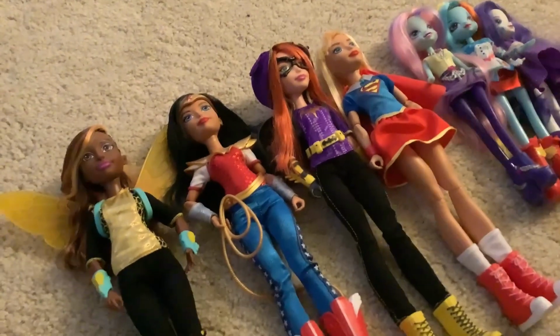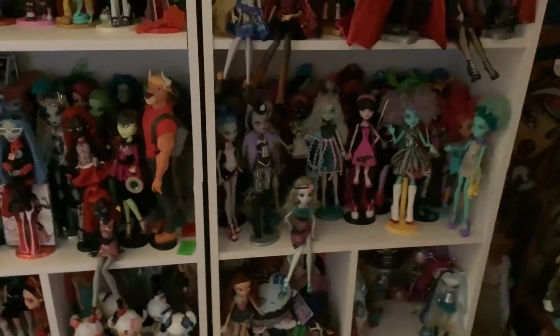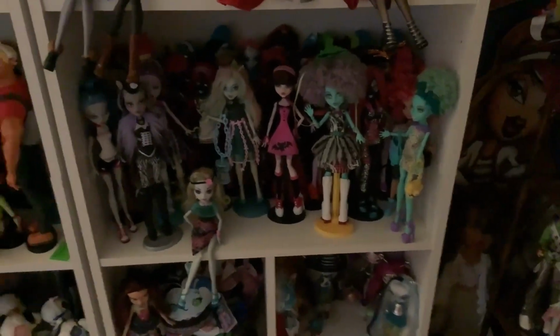Ultimately, I'd say downsizing this one collection is just preparation for me to eventually downsize my Monster High collection. This was the main thing I was thinking about, because I do have a lot of Monster High dolls that I ultimately don't care for anymore. Like, for example, if I were to get rid of some...